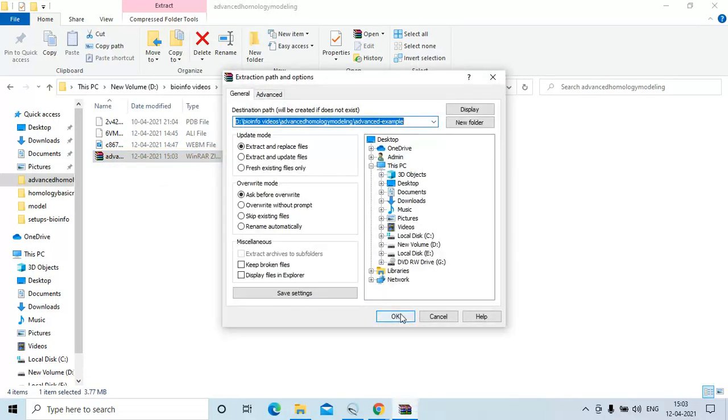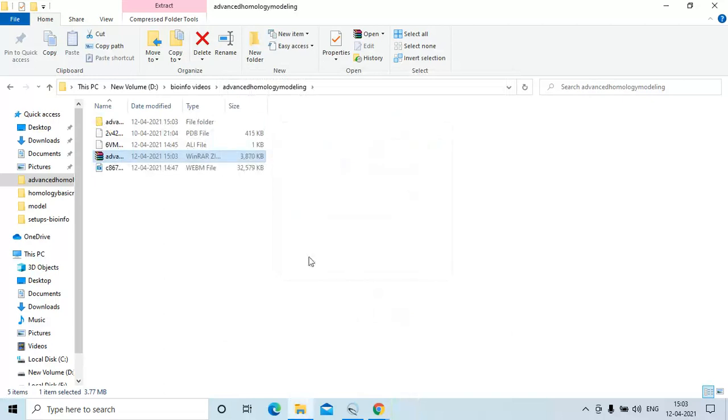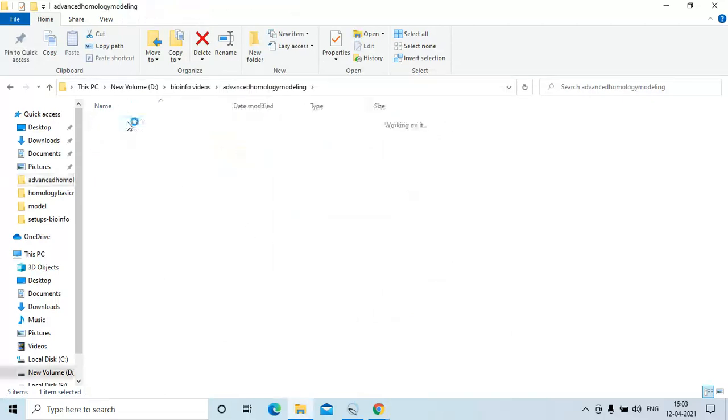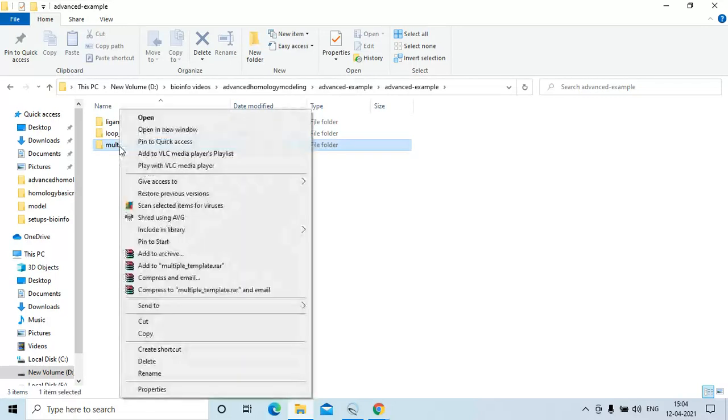Soon it will extract all the files in the advanced modeling folder. In the advanced example there are three folders: ligand, loop modeling, and multiple template. We are going to work with the multiple template one, so let us open this.